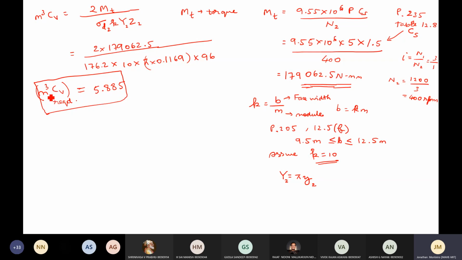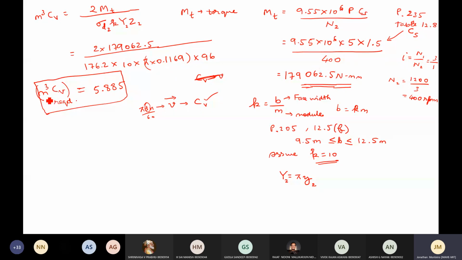Now you might ask, fine, we don't know the diameter, then what has CV got to do with this? Can't we find out CV at this stage? See, CV is dependent on V. To get CV, you require linear velocity V at that particular point. In order to understand this V, you require pi dn by 60. That means you are depending on D now, correct? Only when D is available, only then you can understand what is CV. So you cannot directly satisfy this equation as of now without knowing the value of D.